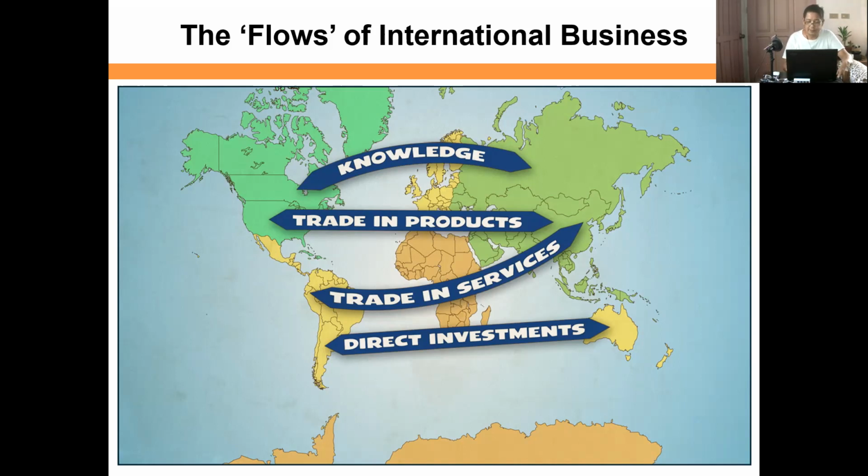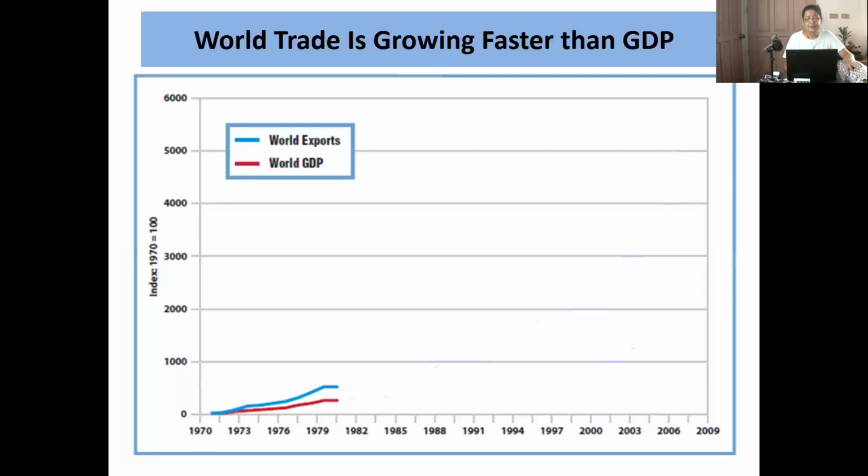So, yan ang flows of international business. Ano-ano ang mga nag-flow? Knowledge, going from one country to another, and then they trade their products and services, and also if it is a good management decision, that company from the outside will invest directly, will acquire properties, warehouses, and everything to operate in that country. That is if they find out the project to be profitable. Okay? So take a look at this.